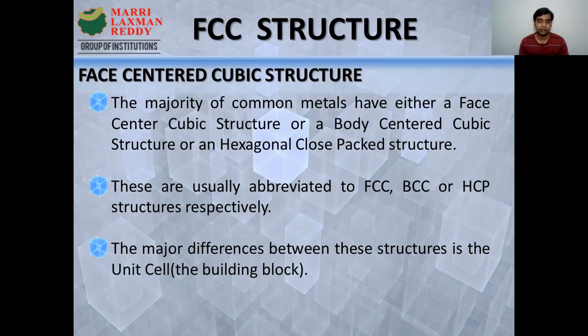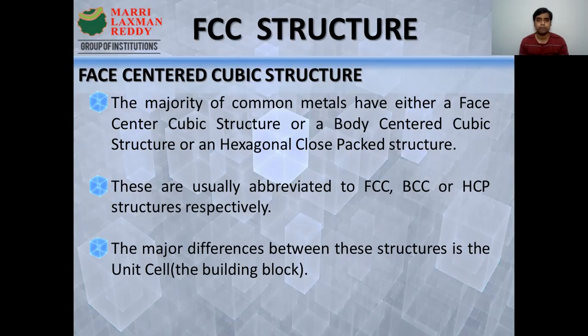Because of this regular and random arrangement, crystalline and non-crystalline solids have different properties. Crystalline solids exhibit anisotropic nature and amorphous solids exhibit isotropic nature. That is, some physical properties, like optical, magnetic or electrical properties, are different in different directions for crystalline solids. In amorphous solids, they are the same in all directions. A simple example: when we pass white light through diamond, it shows different colors due to dispersion. When we pass white light through glass, it gives the same color.